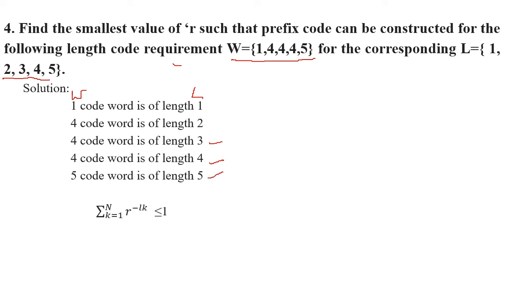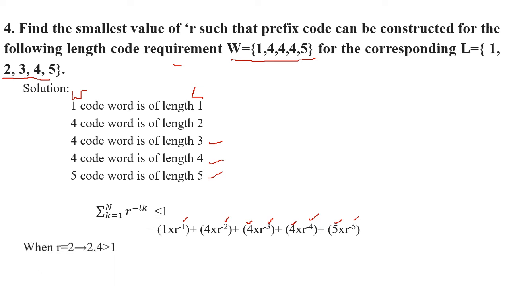So now we know this Kraft-McMillan inequality equation. So we'll try to expand it. We don't know what is the value of R because it is not told whether it is a binary, ternary, quaternary code or so. So we'll just write it as one code word of length 1 where R is written as it is. You have 4 code words of length 2 as mentioned. You have 4 code words of length 3 here. Then 4 code words of length 4 and 5 code words of length 5. This is how you are going to write the equation for your Kraft-McMillan inequality.